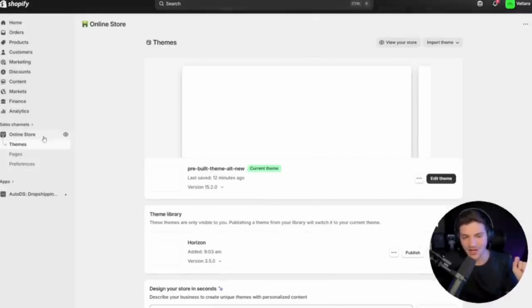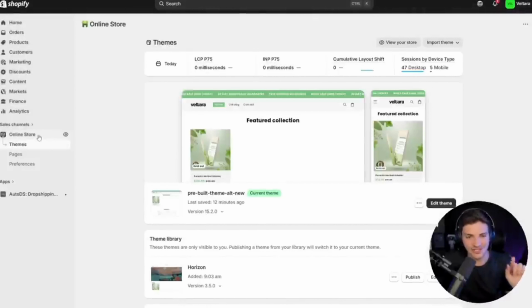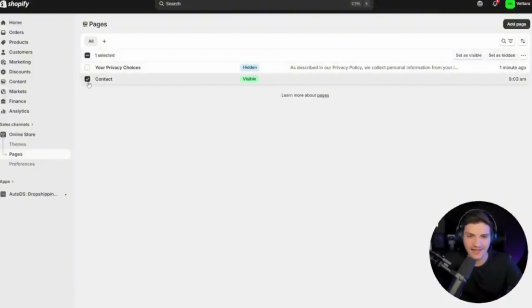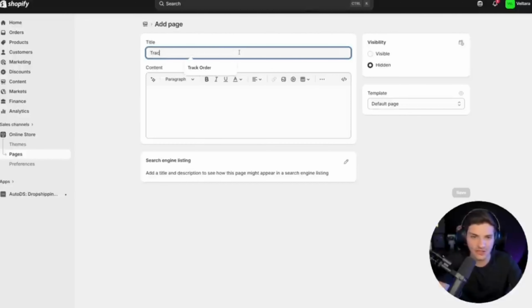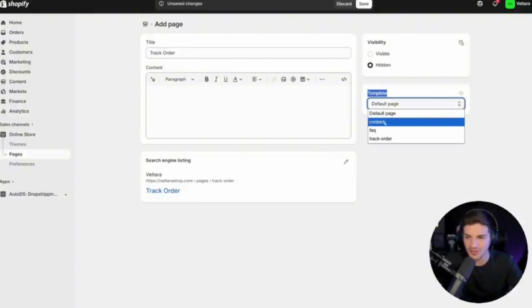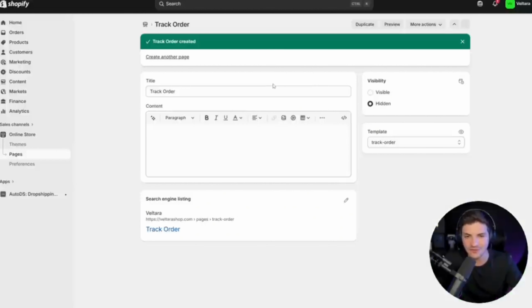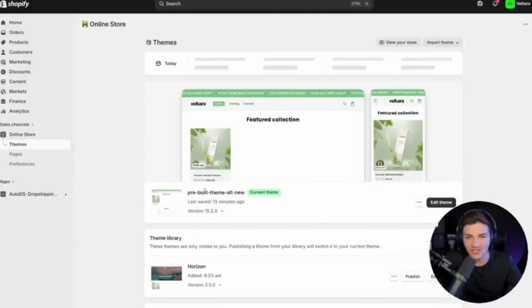So next, we want to customize our store's navigation. So if you go to online store pages, you should already have a contact page created. That'll be there by default, but we want to create a track order page. So type track order here. Under template, you then just want to change this from default page to track order, click on save. And now if you preview this page, the customer can track their order. And if for some reason you don't have this option to track order, just make sure that you have the